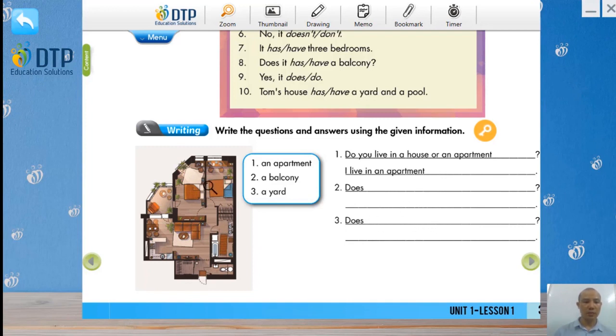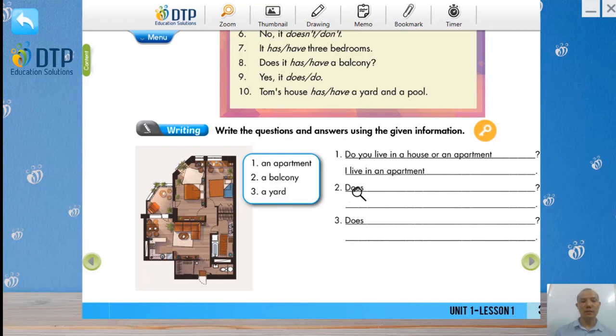Now you look at the apartment right here. Can you find the yard? What is it here? Bedrooms. What is it here? Bathroom. Now look at the apartment. Can you find the yard? What is it? A balcony. What is it? A bedroom. It's also a bedroom. It's a dining room. And this one is a kitchen. How about this one? A living room. And this one, a bathroom. And this one is also a bathroom.